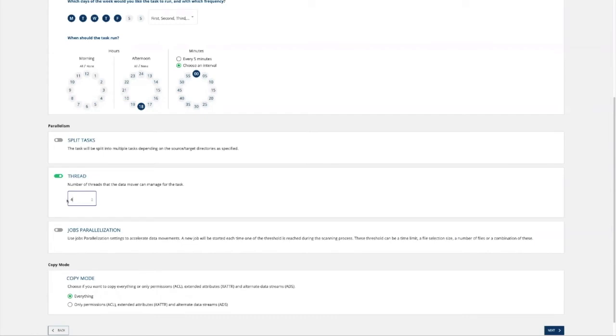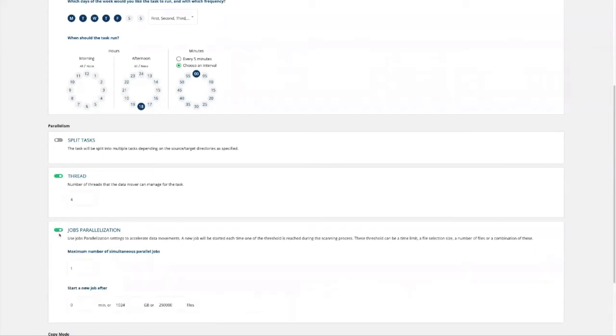And then our next set here is our job parallelization. So within the job parallelization, this is where you can think of, okay, we can do multi-threading by setting our number of threads, but I've got data movers. I want to be able to parallelize my jobs and my tasks over my data movers, right? So I can take full advantage of all my resources. You can do that here where you can actually define the maximum number of simultaneous parallel jobs. Now, that's parallel jobs under that